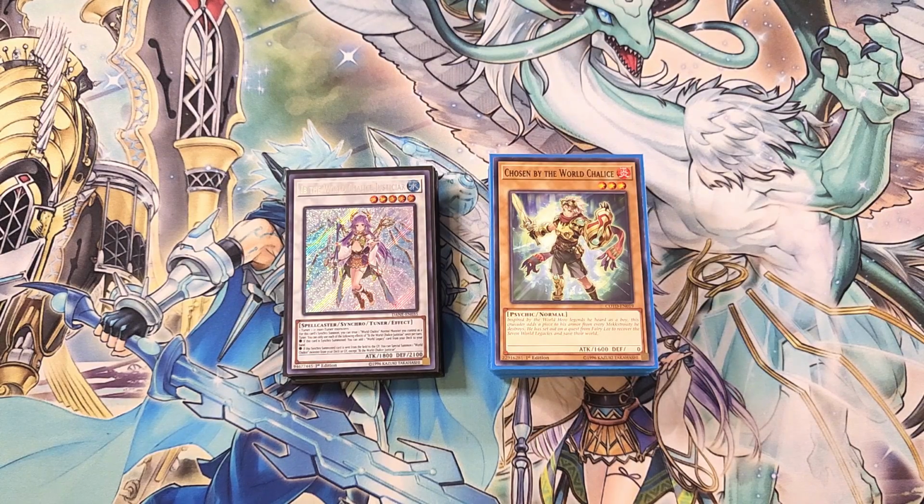I'm really excited to do this for you guys because this deck is an extremely powerful deck that can make some absolutely incredible endboards, being able to link climb into all sorts of awesome boss monsters. This deck is especially powerful now that we finally have Ib the World Chalice Synchro Monster back off the ban